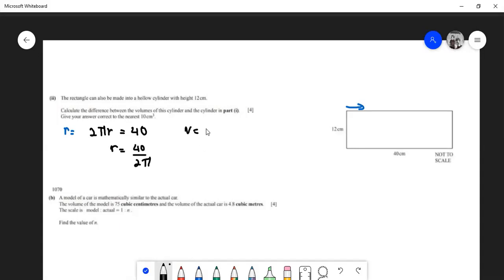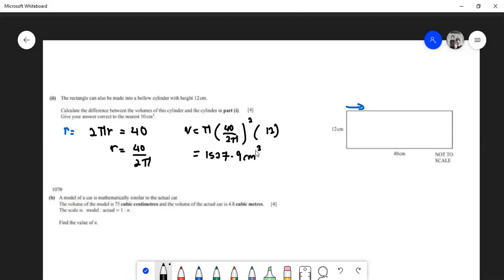Okay, so the volume will be pi, and my radius is 40 over 2 pi, r square, and my height is going to be 12. No, we can't cut the pi. I think the best is just substitute, press in your calculator. Okay, that will be much more accurate if you ask me. And you're going to get 51527.9